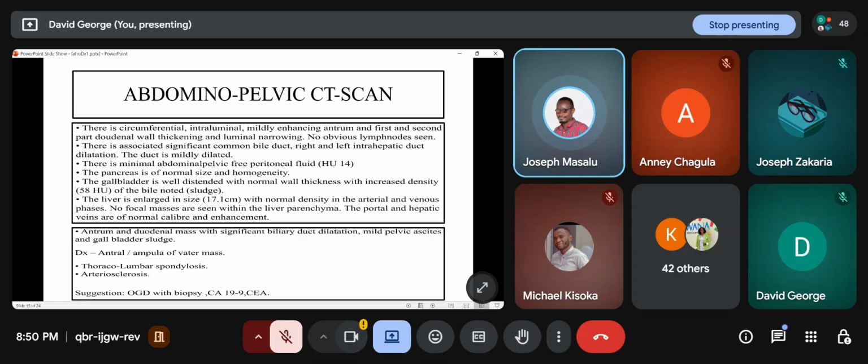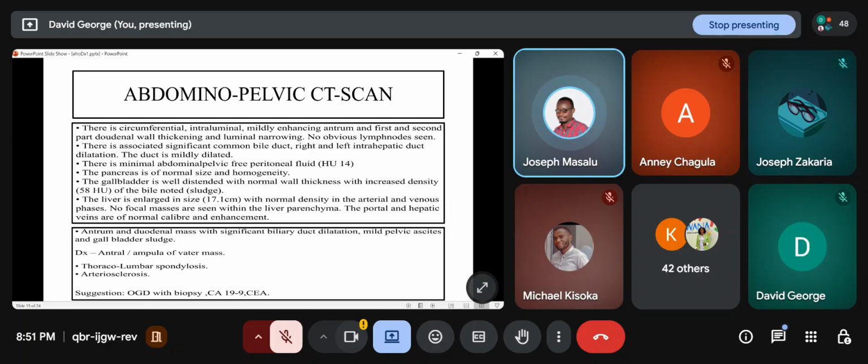Okay. So of importance is we are carried away initially in this case with the liver. But here we're told the liver is okay, enlarged, but no abnormal density and no focal masses, but we palpated masses. So the answer is those masses that we palpated, they're not coming from the liver, if the imaging has said the liver is free. The question comes now, what we palpated, and maybe even the tenderness in the epigastrium, is